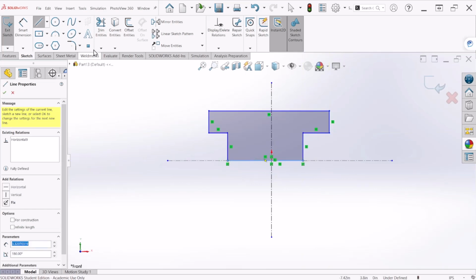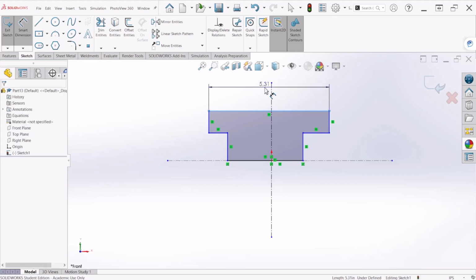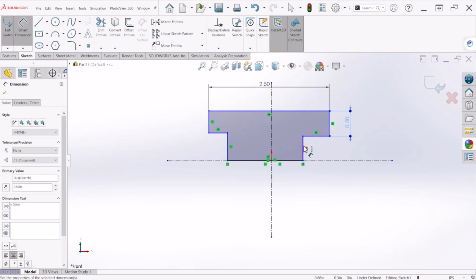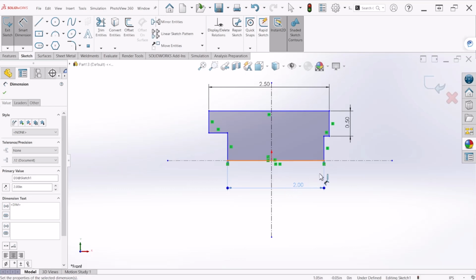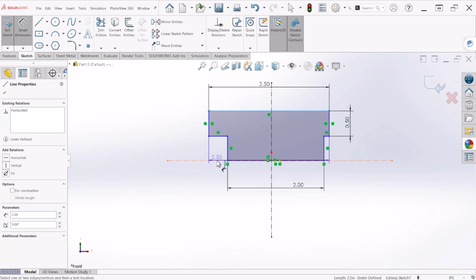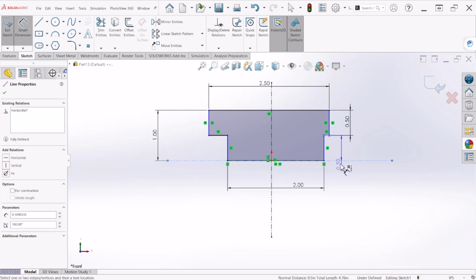And let's hit close. All right, so this dimension here, as I mentioned at the beginning, is 2.5. This right here is half an inch. Okay, and this right here is 2 inches. So I want this line and this line to be equal. So I can just select both and make those two equal. The distance from the top to the bottom is 1 inch. Okay, so that's 1 inch, and this dimension here is,